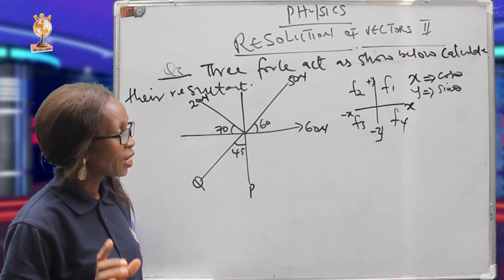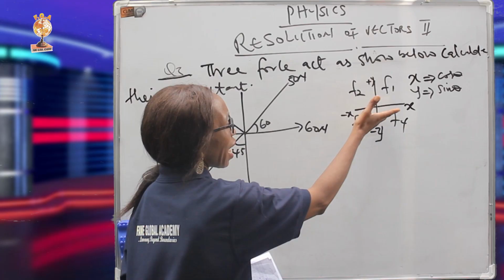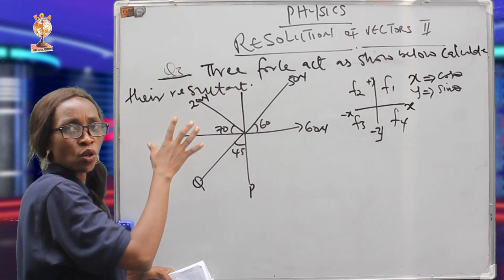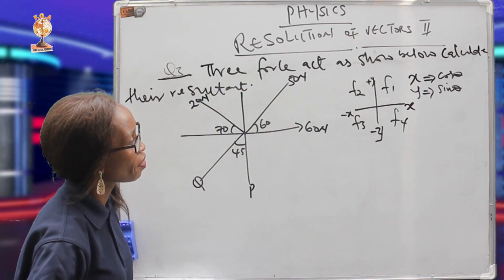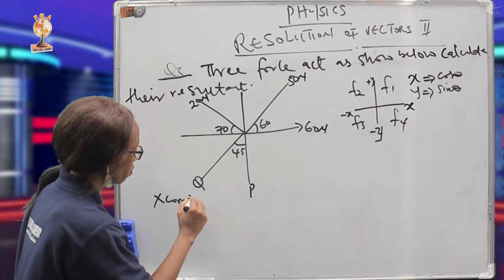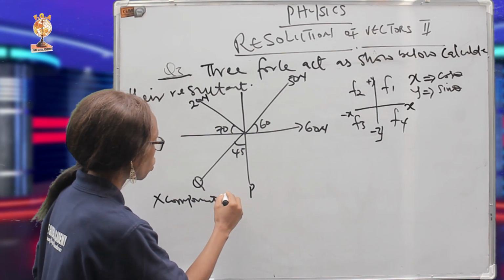That's 1. And then 2, I have to get out all the forces that act on the positive X axis, so I can resolve them and won't have a problem. Let's do it together. In the X component, which is the horizontal,